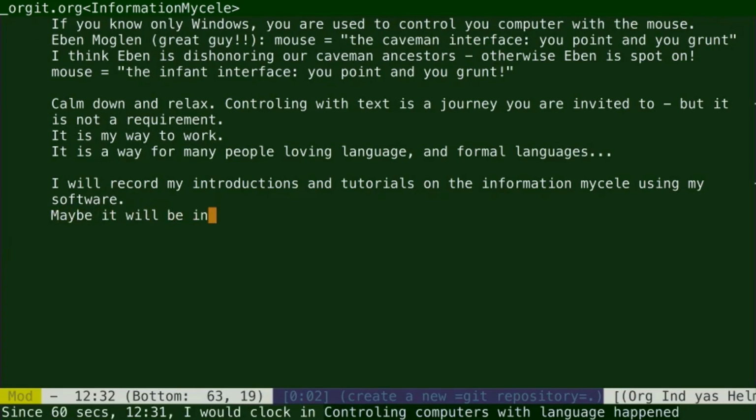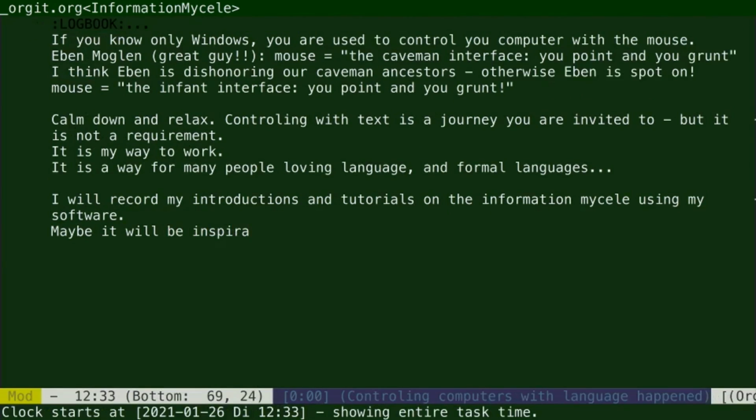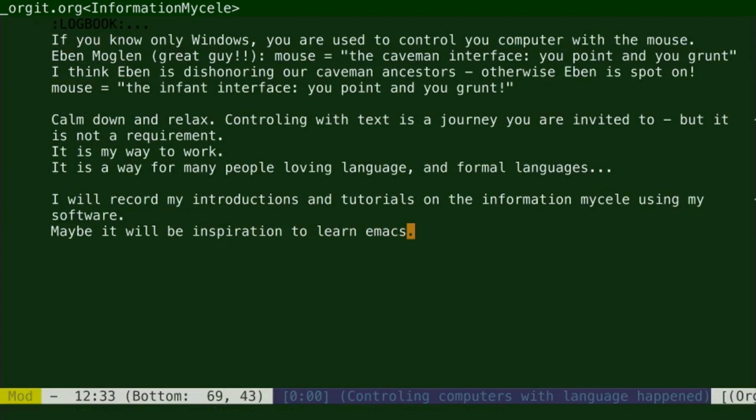But I will also repeat some recordings in other text editors on Windows, doing the same things in Windows with a mouse, if you are requesting those in the comments. So please do comment if you are asking for a certain software. But maybe this will be an inspiration for you to learn Emacs. Maybe, maybe not.